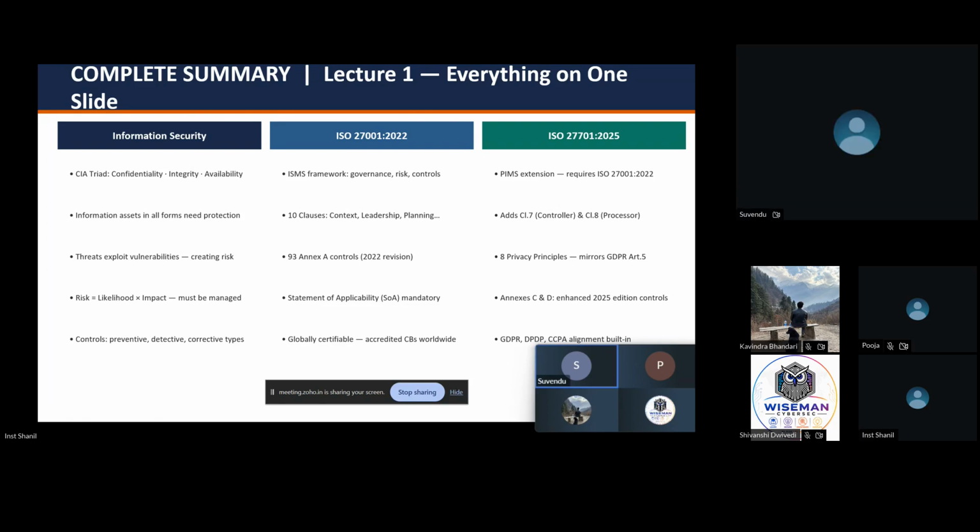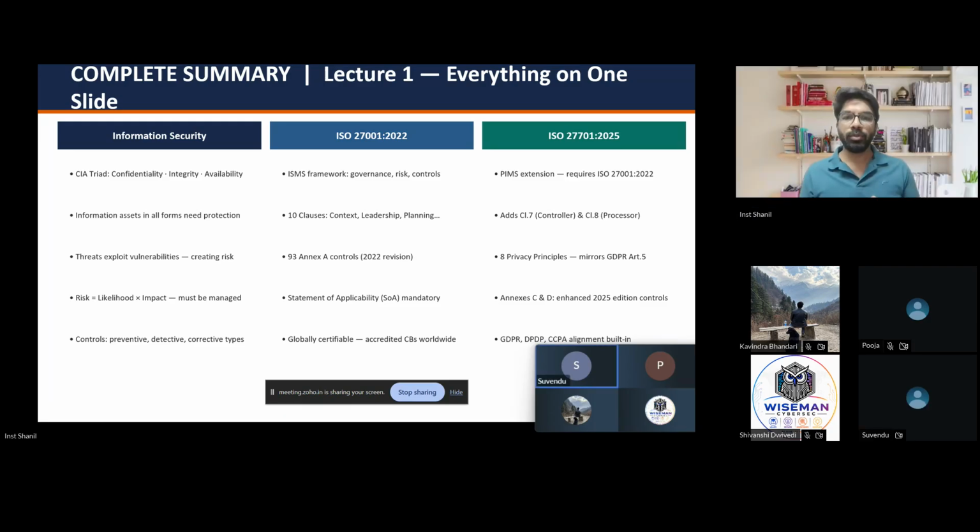all the 93 controls are going to be implemented. So 93 controls should be listed in the statement, and against every control, you need to mark it as applicable or not applicable with a reason. That justification will be assessed by the certification body before providing the company with a certification that you are ISO certified. So that's why it should be correctly prepared.